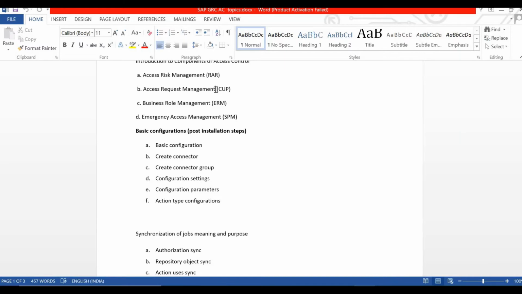This is a kind of user admin work. Similarly, if a user goes for higher study or on maternity leave, we have to lock that user. So locking, unlocking, creating users and modifying access all come under user admin activity.